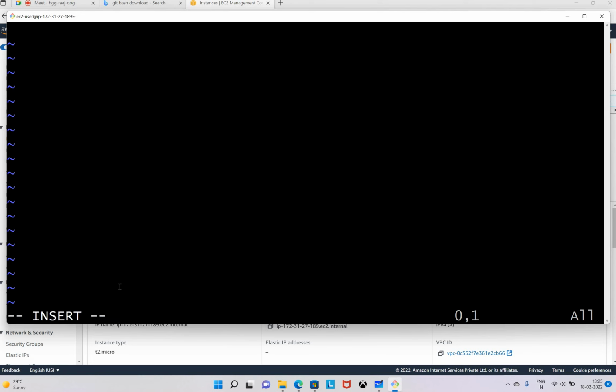Now if you see here at the bottom, it is going into insert mode. Now I can insert anything, so let me type hi, hello, something. Now I am done with the editing. How will you save? You have to press